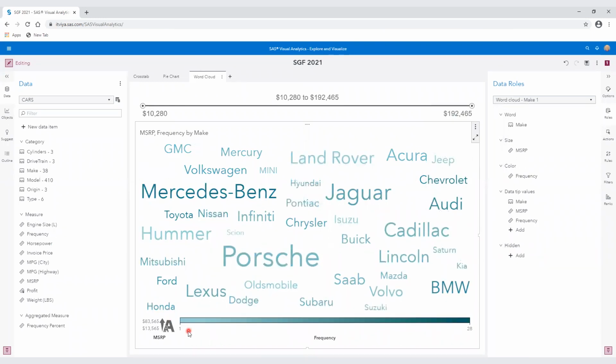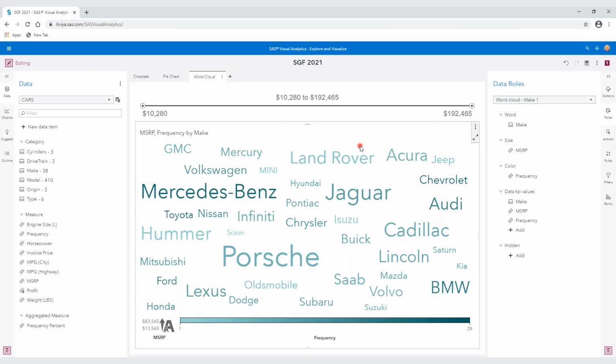Okay, so from light blue here to dark blue, depending on the frequency, from like 1 to 28. So a very dark blue, like for Mercedes, means that they've got a lot of models. Mercedes-Benz has 24 different car models, and Scion only has 2 car models. Okay, so many options. You can make this appear any way you want.